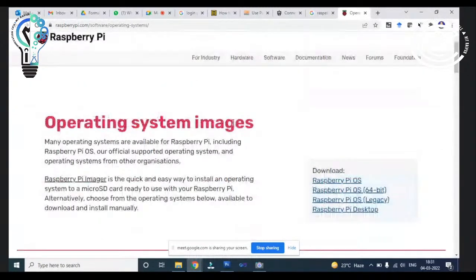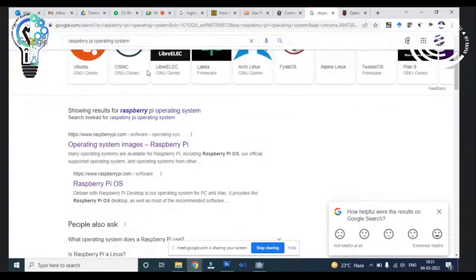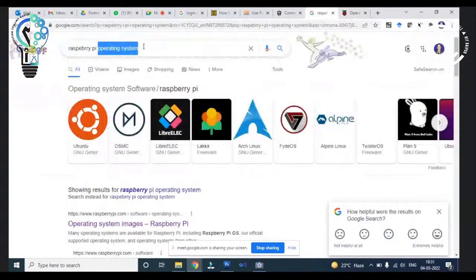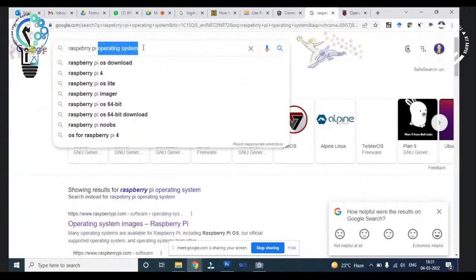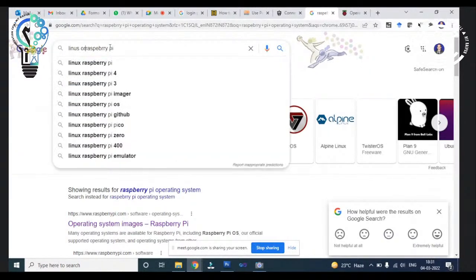This is Raspberry Pi board, so you can run Raspberry Pi OS on this board, but you can also run Windows and Linux operating system, right? So if you want Linux on Raspberry Pi, then you can install Linux also, right? Linux or Ubuntu